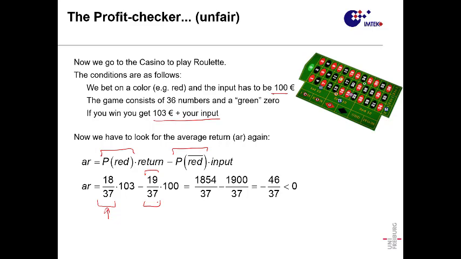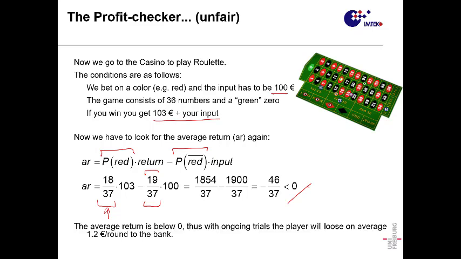You can see that 18 and 19 are not so much different, but when you do the math here, you actually end up with a negative average return. That means that if you play, at the end you will be losing money. So it's not recommended to continue playing. Maybe the good option would be to go there, play, and if you win, just go and don't do it again, because you're probably going to lose the money that you put there. Nothing new, right? On average, if you were playing with these numbers, you would be losing 1.2 euros per round. Yeah, so not a good idea.